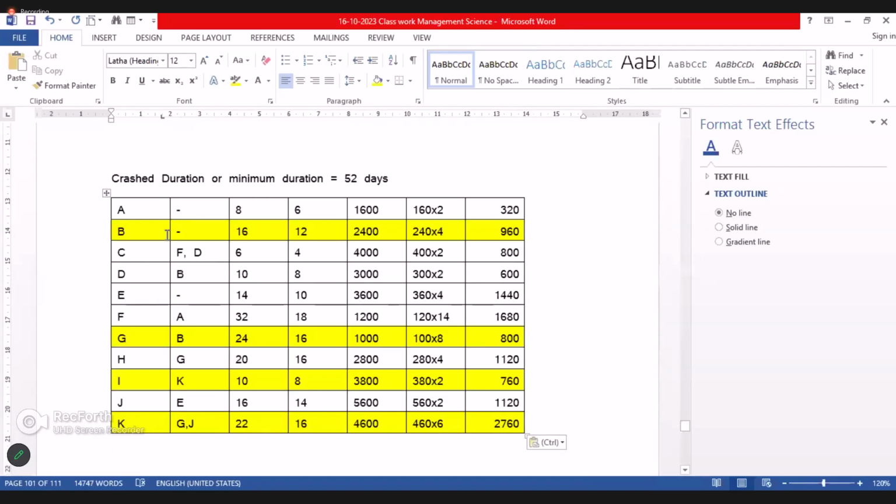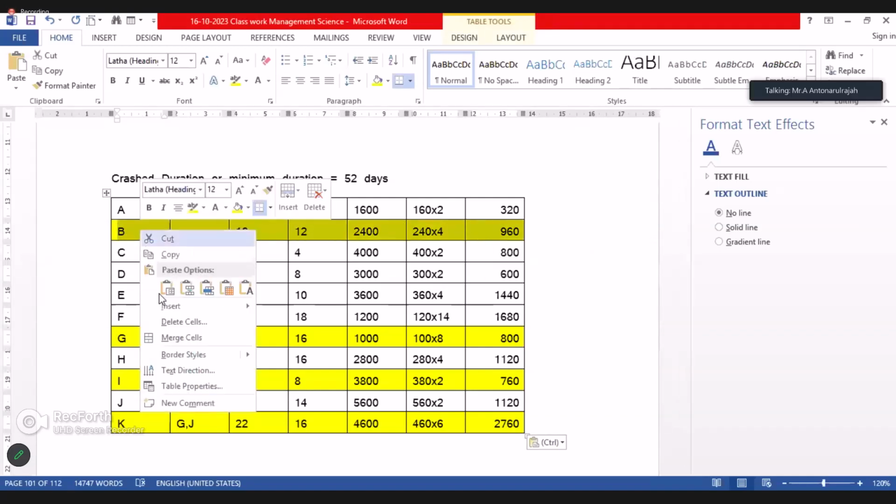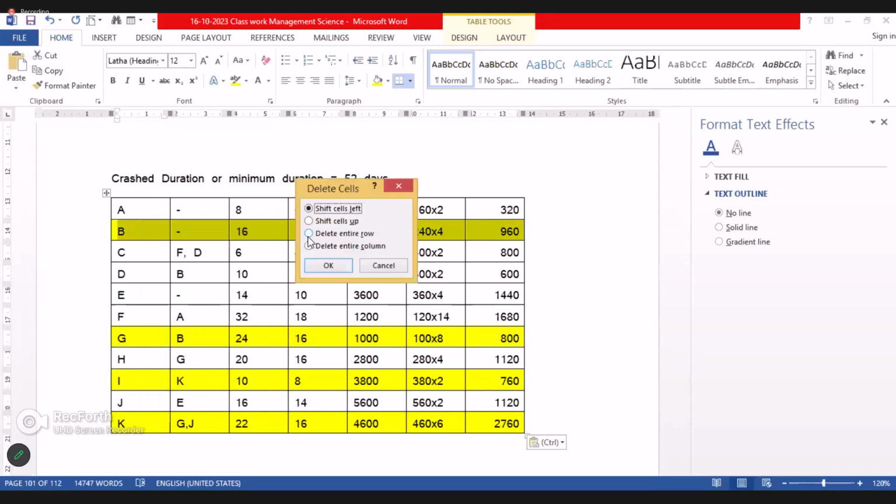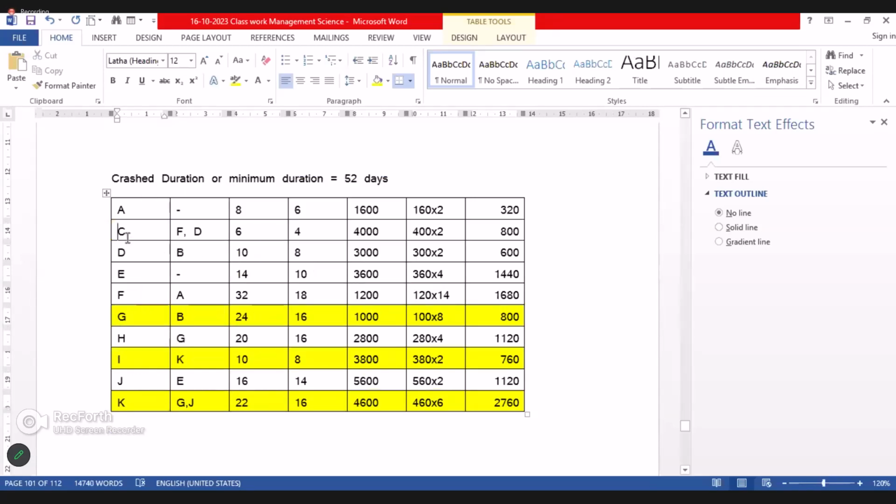I need to remove all these critical activities. Yes, I want to sort it as non-critical activities. So among these non-critical activities,